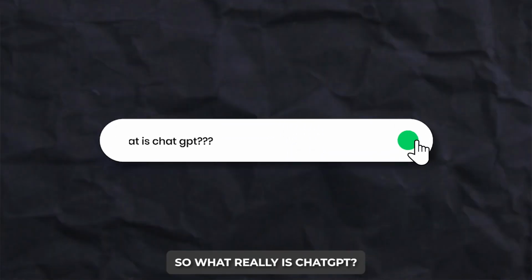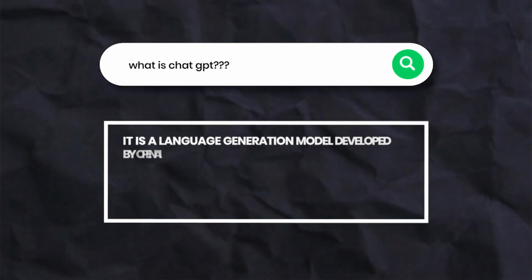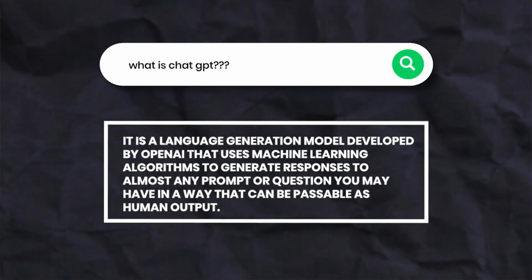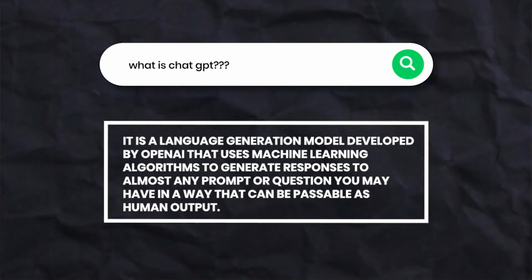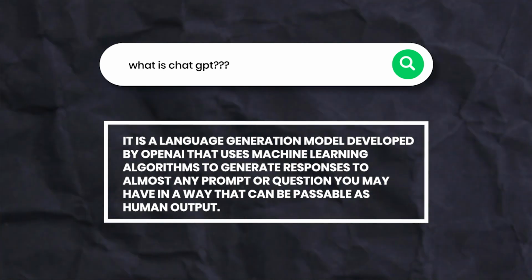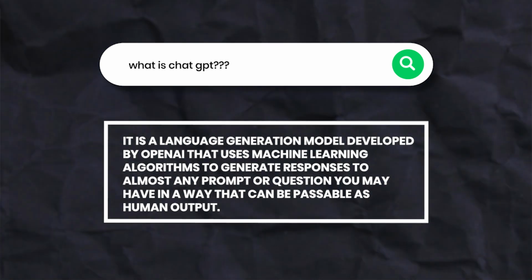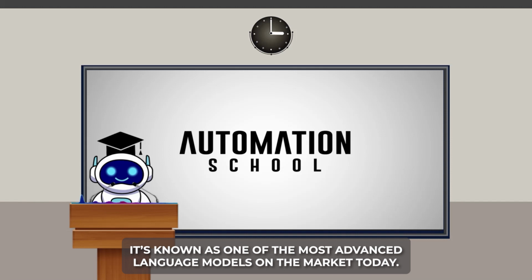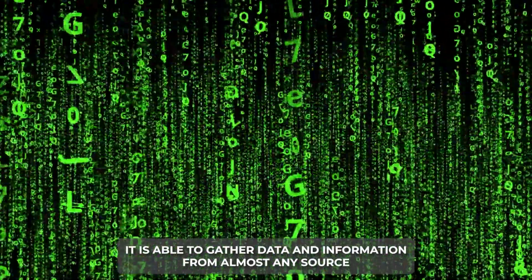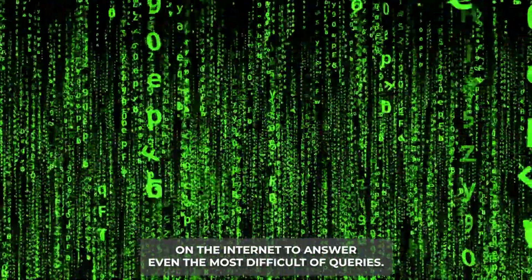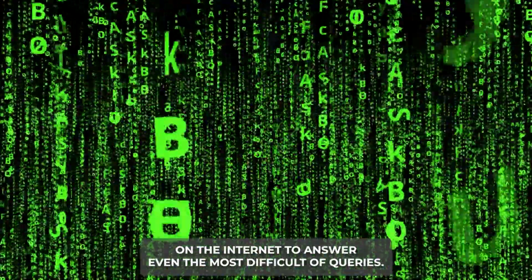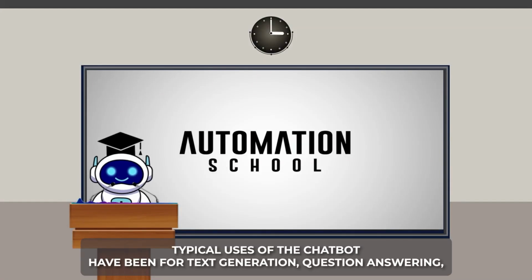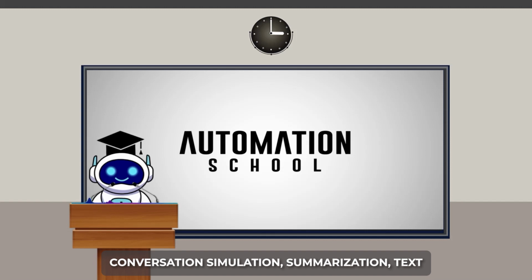So what really is ChatGPT? It is a language generation model developed by OpenAI that uses machine learning algorithms to generate responses to almost any prompt or question you may have in a way that can be passable as human output. It's known as one of the most advanced language models on the market today. It is able to gather data and information from almost any source on the internet to answer even the most difficult of queries. Typical uses of the chatbot have been for text generation, question answering, conversation simulation, summarization, text classification,